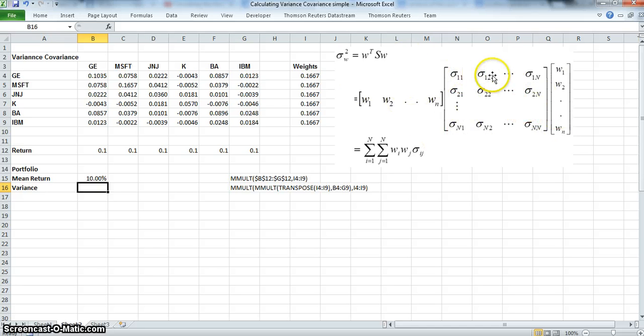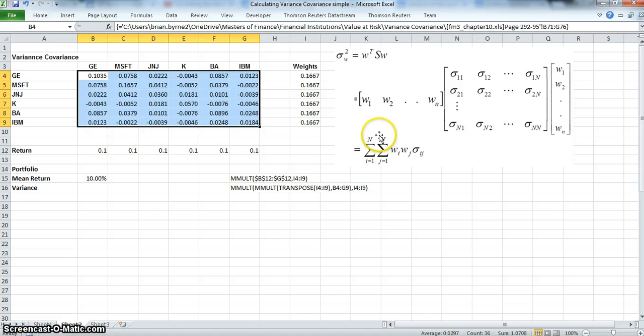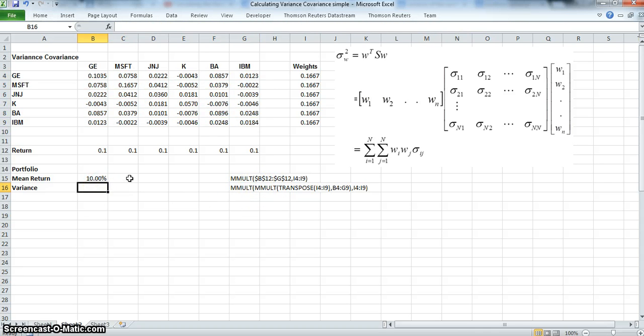To get the variance of the portfolio given these weights, we use this representation here. We take the variance covariance matrix, that's this matrix here, and we multiply that by the transpose of the weights, and then by the weights again, and that will produce the variance of the portfolio. So in this code here, we take mmult and mmult again, because the arrays are being multiplied in sequence, and we take the transpose of the weights,